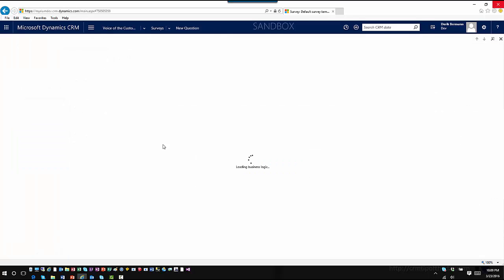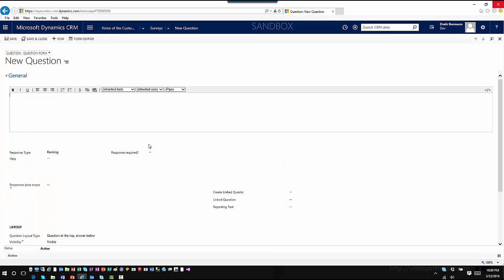So in this ranking situation, I can go in and define specific items and have the person who's taking the survey rank them in a predefined order. So I could say something like, how would you rank the following? And then I can put my responses in here, and this is where they can then define them. So I'm going to say Monday, Tuesday,